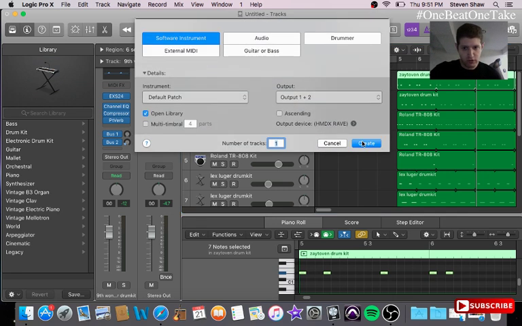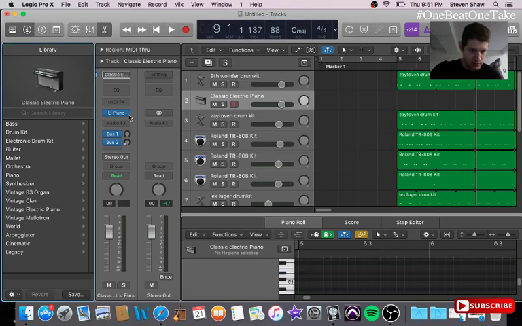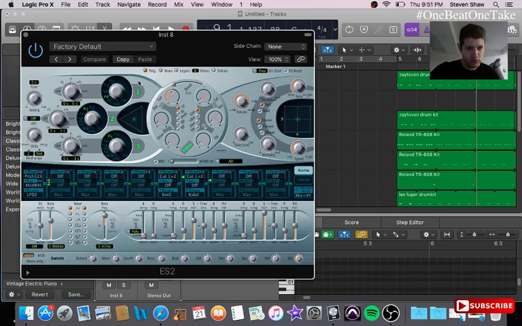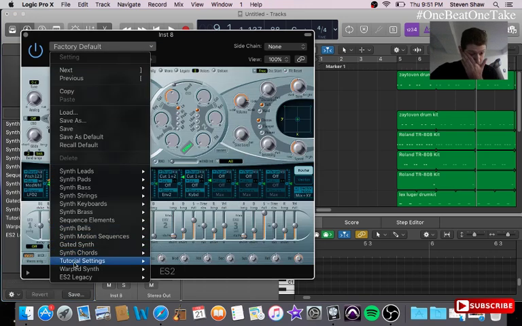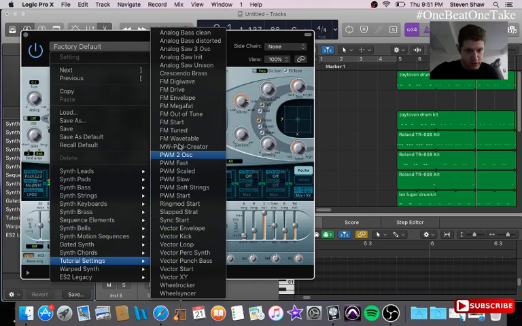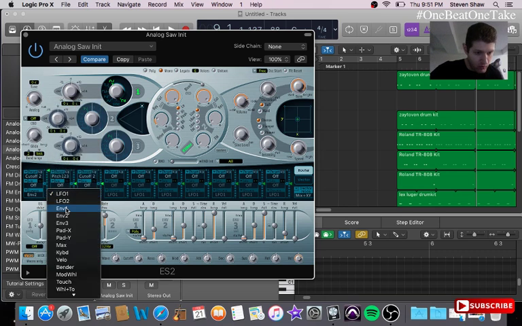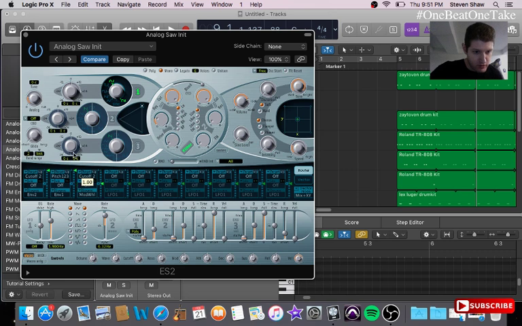The last step of this beat is we're going to add the 808s. So we're going to create a software instrument. We're going to go to the ES2, synthesizer 2, and go to tutorial settings, analog saw init. Change this to mono. Move this to the sound wave. Alright, I'm going to turn this off, make this envelope 1, raise this all the way to the top,